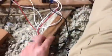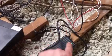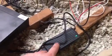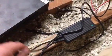Okay, and let's follow that. That goes to the AC/DC converter, which puts out the 12-volt signal. Ignore this right here. It's just a DVR from my security cameras. Okay, and remember that I have this plugged into